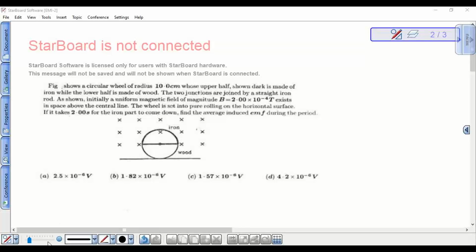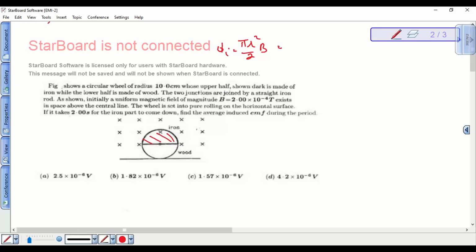So another question which was asked of me is this question. You can check which question this is. It is a very easy question because there are two parts to this loop. We have the iron part and we have the wooden part. Initially, the whole of the iron part lies in the uniform magnetic field. So a flux is associated with this uniform magnetic field over this area, and if pi r square by 2 is the area of this semicircle, which is shown here, multiplied with the uniform magnetic field,